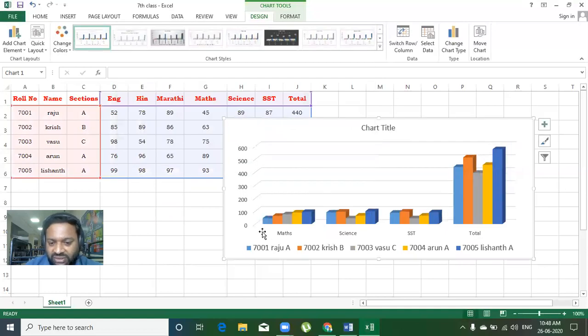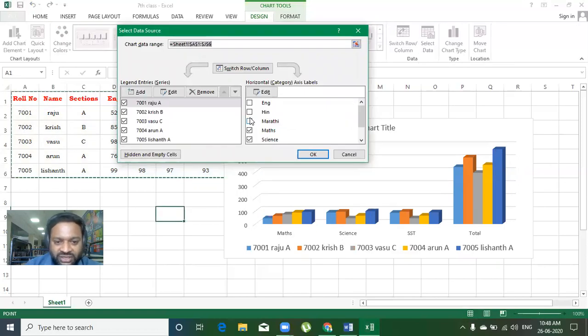You can see there is no English, Hindi, Marathi data series, only Math, Science, SST, Total data series is displayed. So in this manner, by using this Select Data option, whichever subjects or students' data series you want to see, by selecting or deselecting, you can see their data series in the chart.